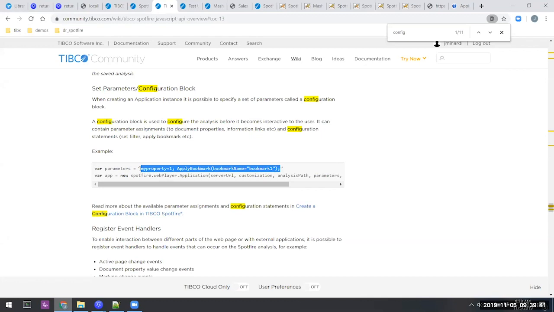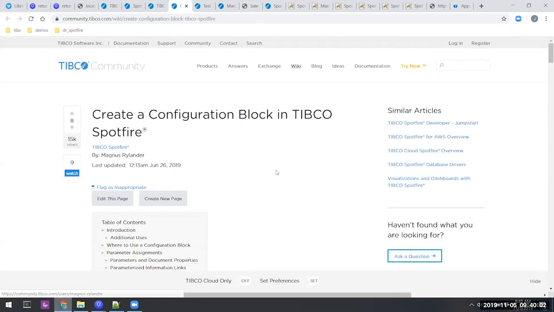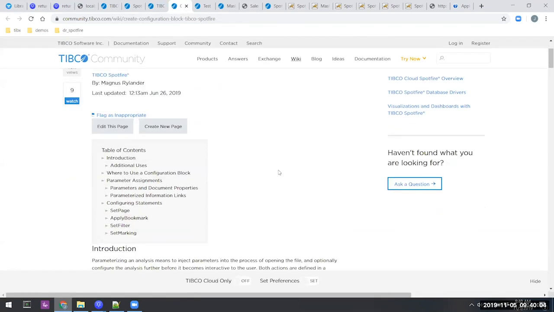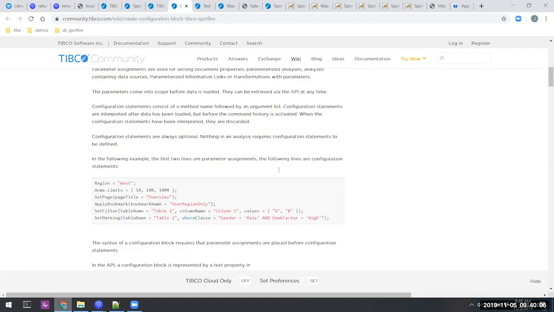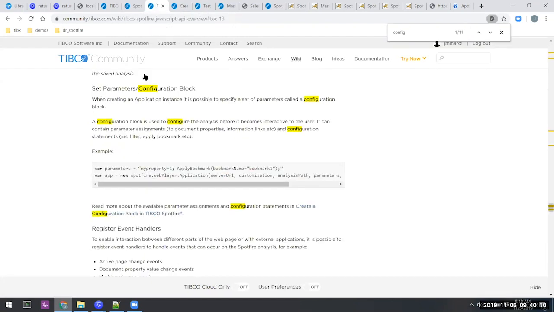So this will be part of the query string that we identified, and it's really worth understanding all the things that you can do, because it's very flexible. If you want the complete story on it, you would go to the linked page in which Magnus again talks to us, and he describes all the different options available through configuration blocks,